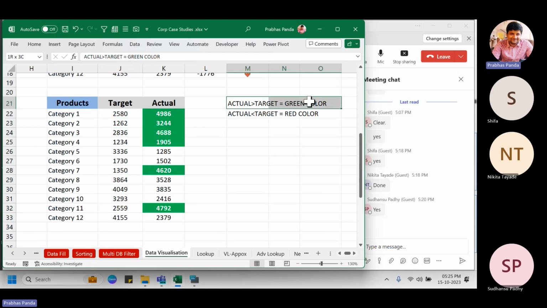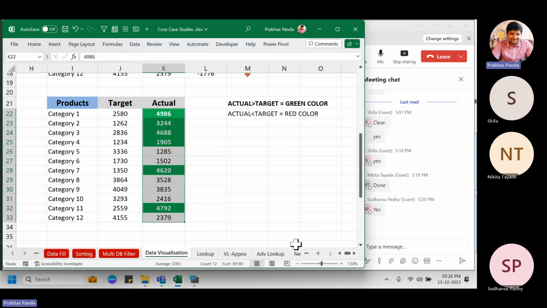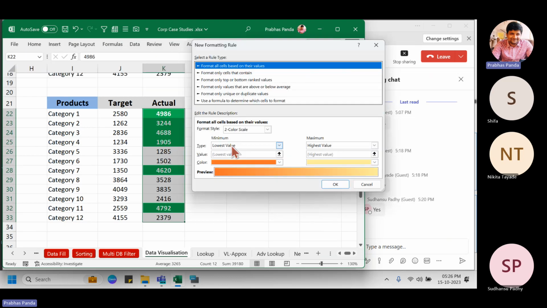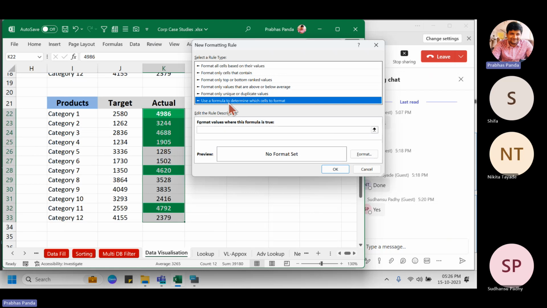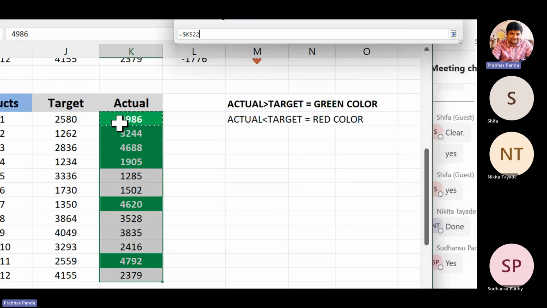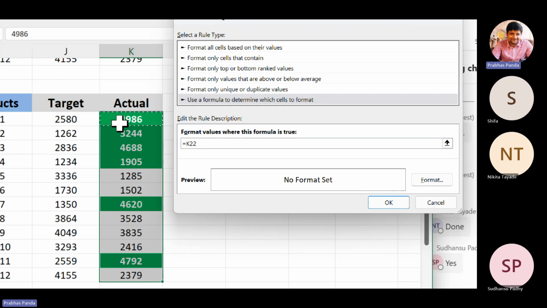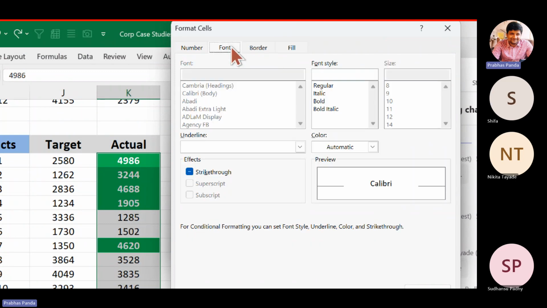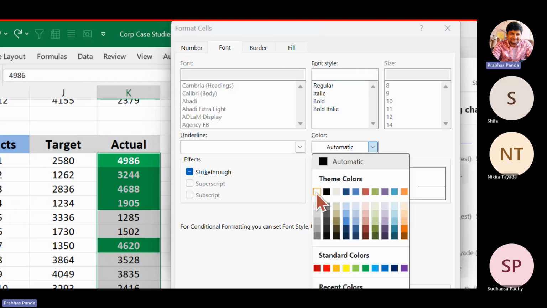So our first condition is satisfied now. This is ready. Now, how about the second condition? If actuals are less than the target, red color, same thing, but reverse logic. So selecting the entire actual column data, going to Home, Conditional Formatting, New Rule. Use a formula to determine which cells to format, then taking again actuals, removing the locking, less than target. And target also, remove the locking, going to Format, Fill tab, red color, Font tab, high contrast to the background,